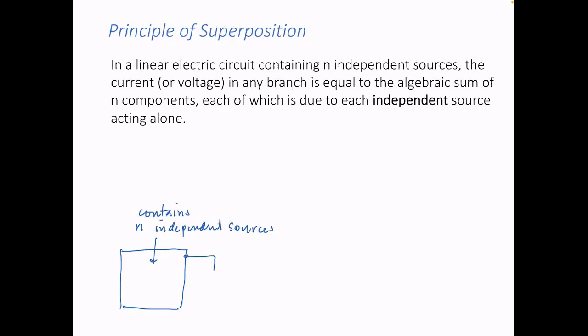And I have, let's say, a resistor here. Let's call this I of R. I of R will be equal to I of 1 plus I of 2 plus I of 3 plus I of n, where this is the current